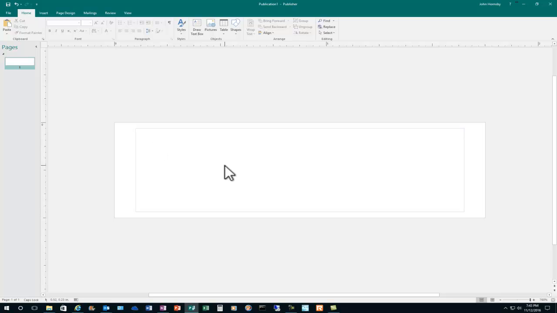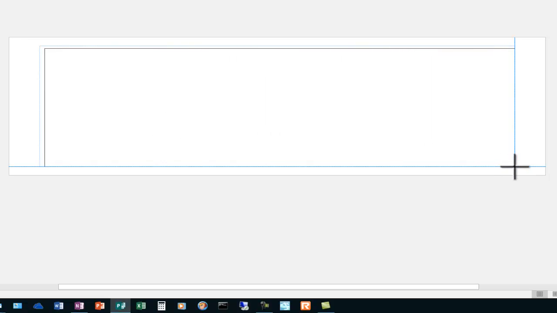So now we are ready to draw our text box. In the Home tab, look for the Objects group and find text box or draw text box. Left click once, and as I bring the mouse down, the cursor has changed to a plus sign. So I'm going to locate the upper left of the text box, and I'm going to left click and hold. While holding, I'm going to go to the opposite corner to the lower right,